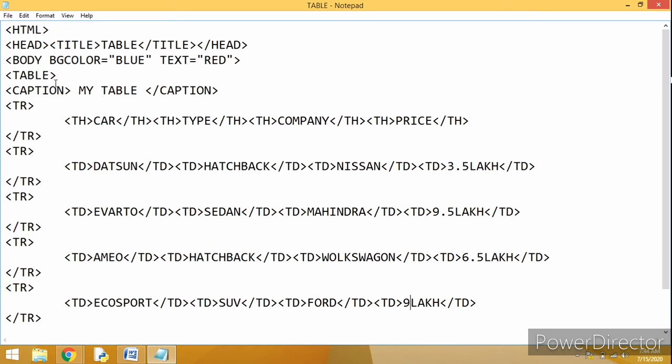Now the very first thing, we have the table. Let us say we have a table border. What did I tell you about the border? What value should you have for a border, 0 or 1? 1. Very good, 1.